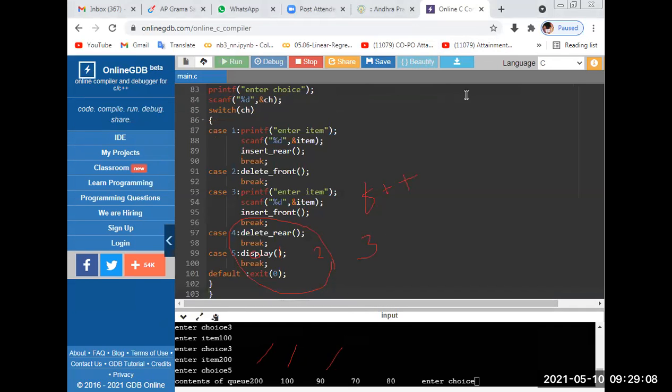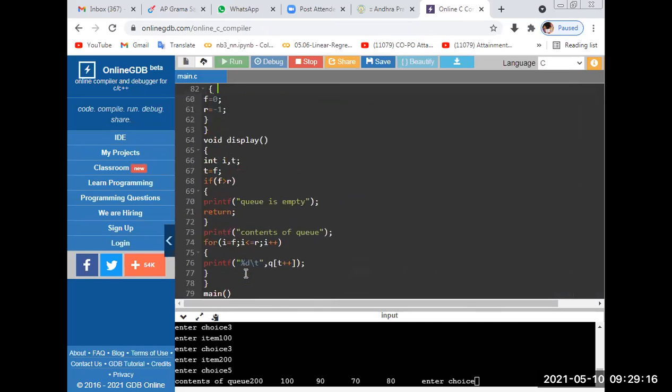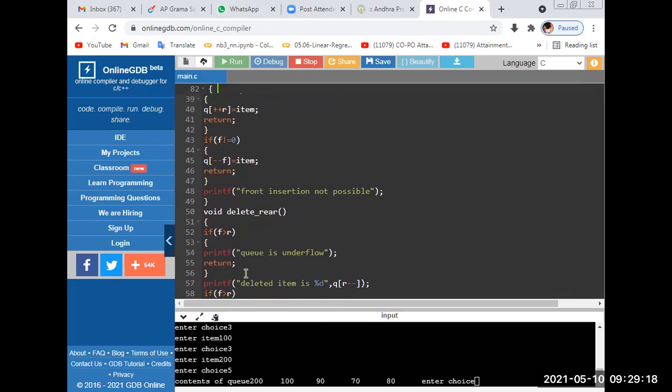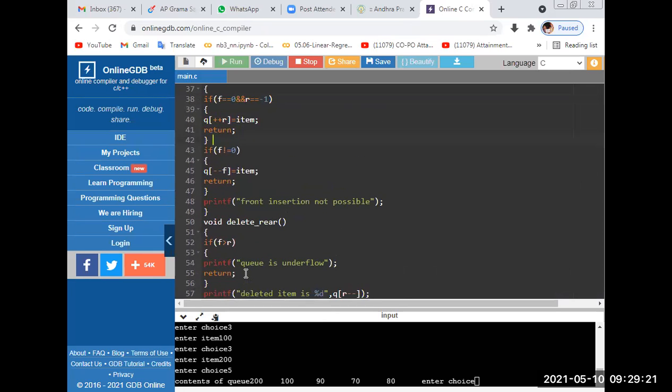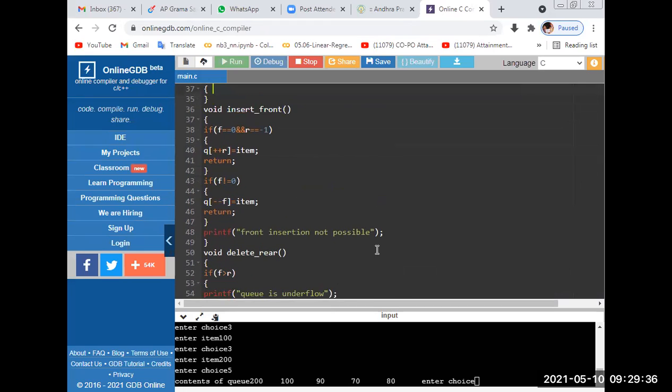So this logic is here. Already I told you. So this pattern, this one, I'm talking about this thing. If you delete three items, then if f is not equal to 0, you directly insert there. So this is the operation for insertion at the front end. Okay, clear students? Any queries, please write a message.